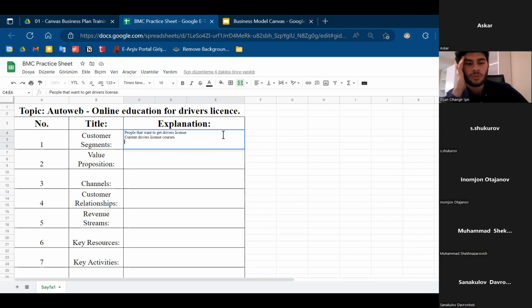Anybody else who could be said as a customer, other than these? Do you have any? Yeah, we have. What kind of customers do we have? When we talk about real customers of our platform, they are people who work in the government sector, people who are really busy, people who want to get all their education through online platforms.